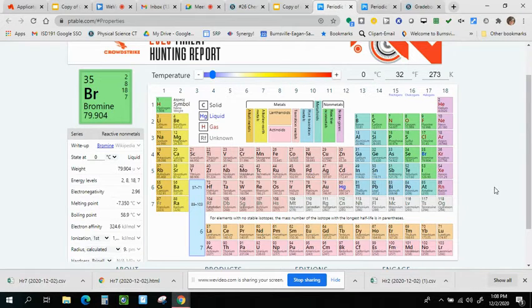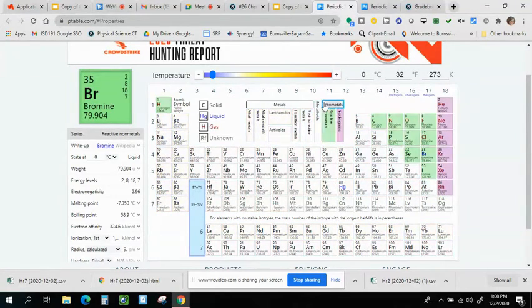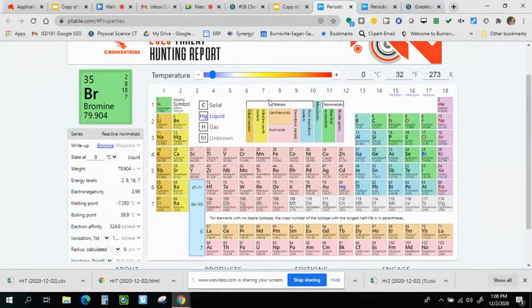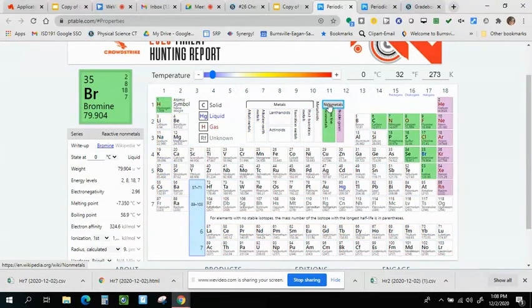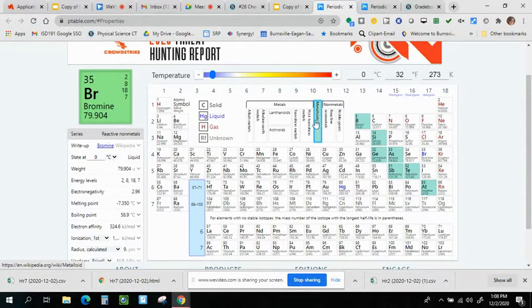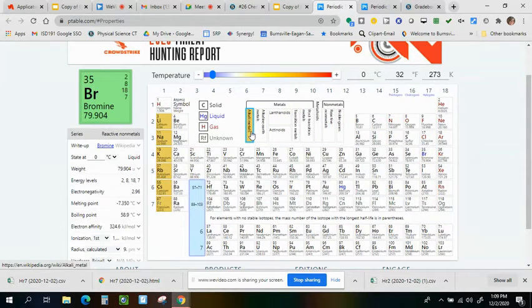So there are a couple of features here that I'd like to show you. First of all, the periodic table is color-coded, and the key for the colors is right here. So we've got the metals on the left, the nonmetals on the right, and the metalloids in between. And when you hover over each one of these categories, it highlights it for you so you can see exactly what's included. So the alkali metals are the first group that it asked me to type,